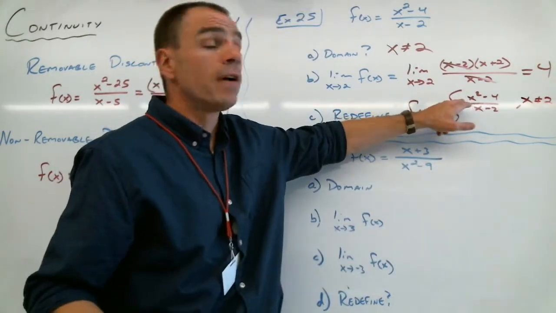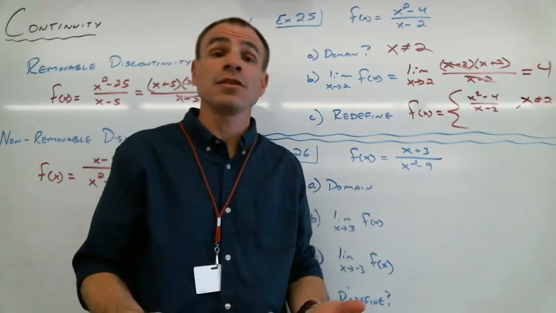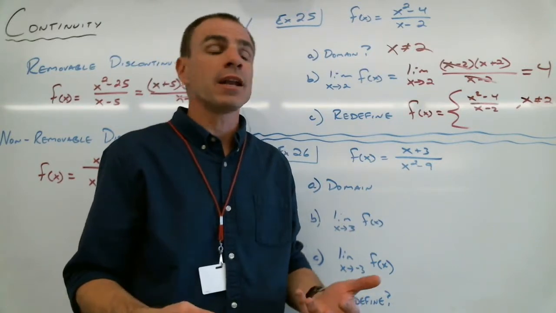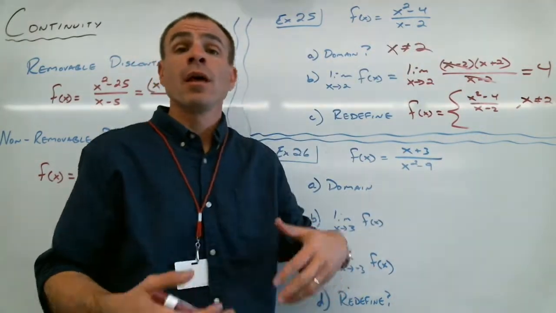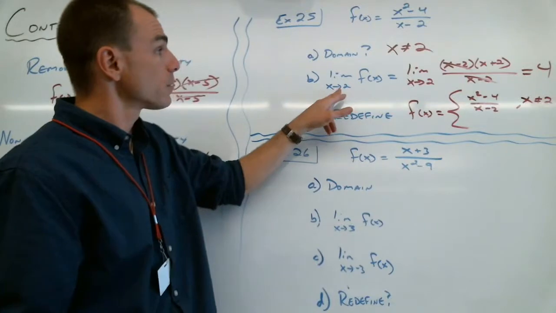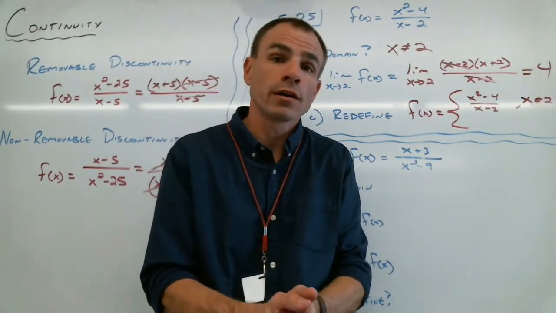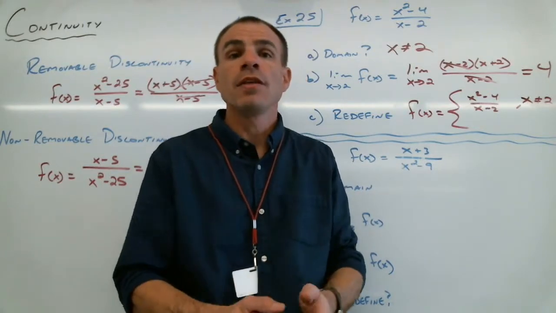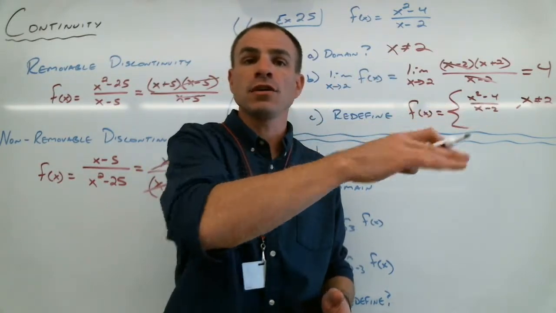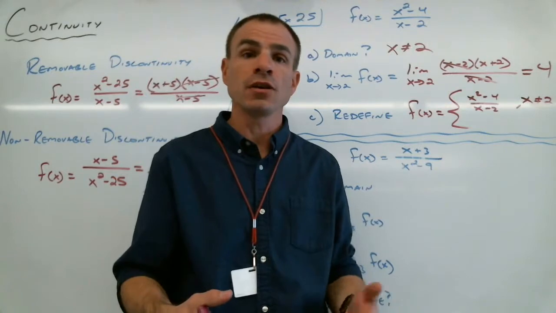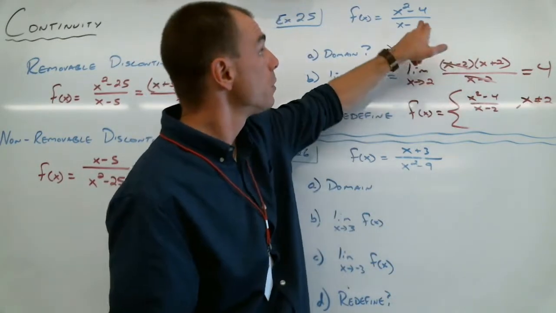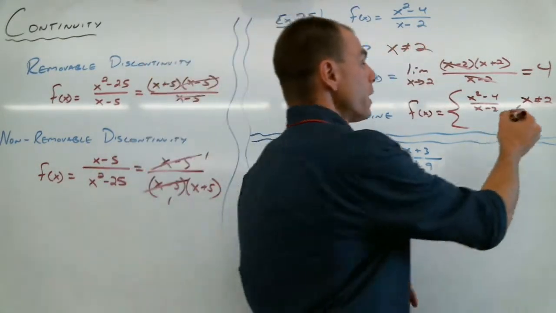We can follow this function, okay? But we have an issue when x is equal to 2, okay? And that issue is that we're trying to divide by 0. But we know that the limit as x approaches 2 is 4. So if the function's value is 4 when x is 2, then we're going to have a nice continuous function. We're redefining the function where we had the issue. The issue is at x equals 2. So when x is 2,